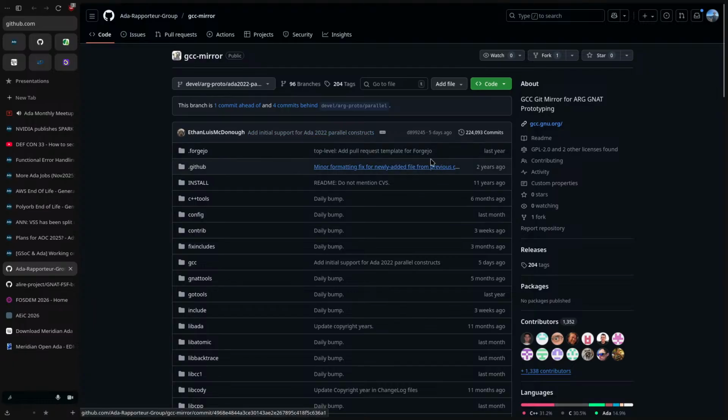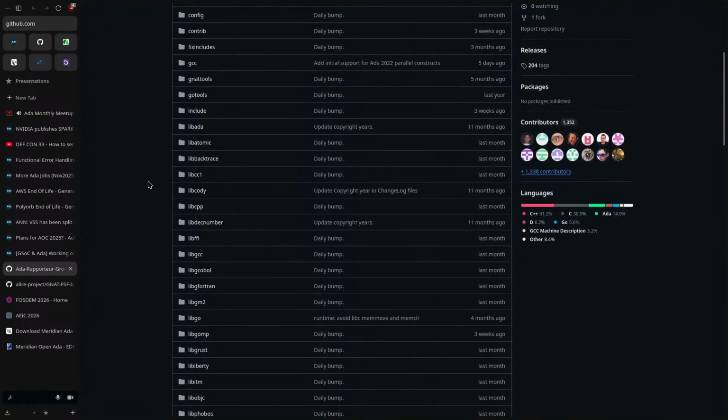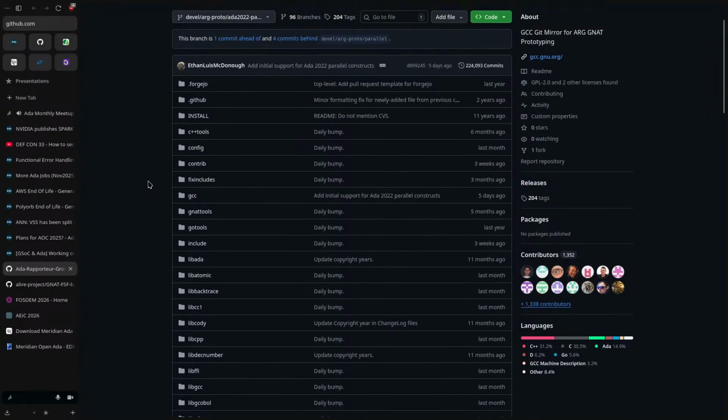If you compile this clone of GCC, you will have access to the last big chunk of Ada 2022 features that were not implemented in GCC. Hopefully this is expected to be upstreamed to GCC version 16, which will come out next year, so everybody, the general public, will have access to it.